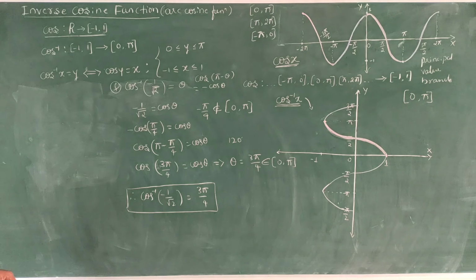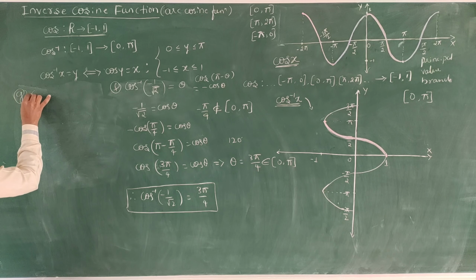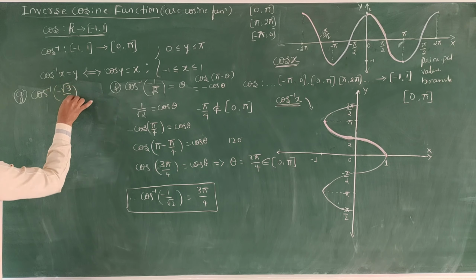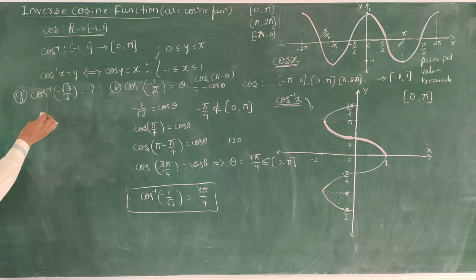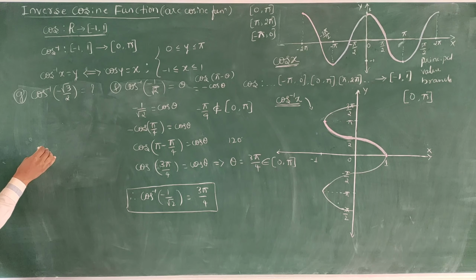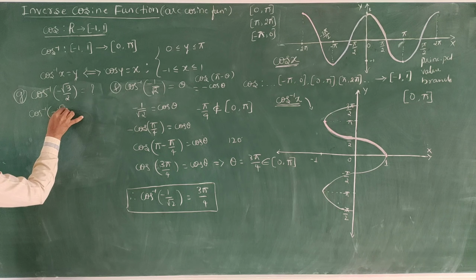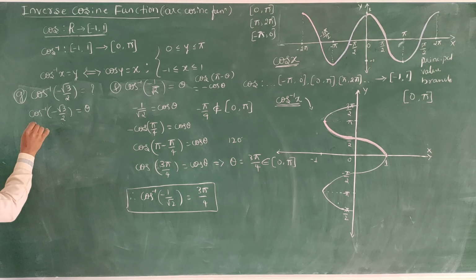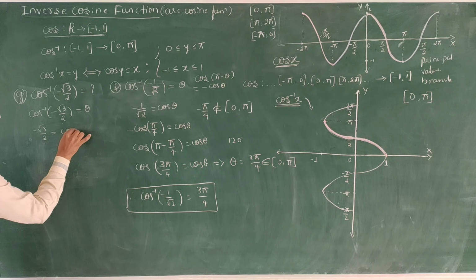that is cos inverse of minus root 3 by 2. Okay, cos inverse of minus root 3 divided by 2 is equal to question mark. Okay, I will tell one simple way to solve this. These are all 1 mark questions. Okay, first see in a clear way, cos inverse of minus root 3 by 2 is equal to theta. It has a minus inside, therefore take cos to that side. Minus root 3 by 2 is equal to cos theta.